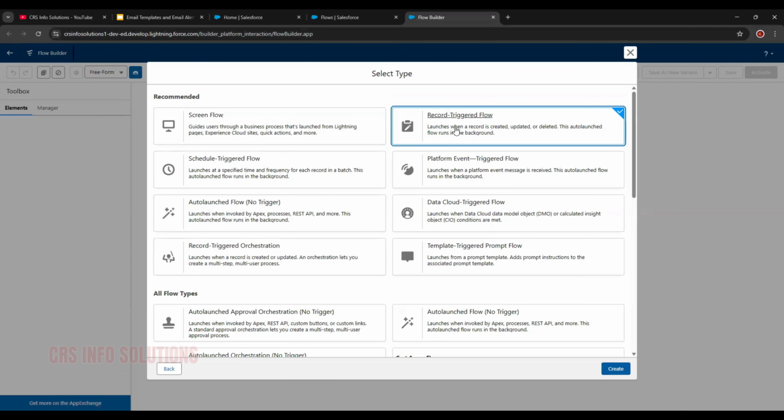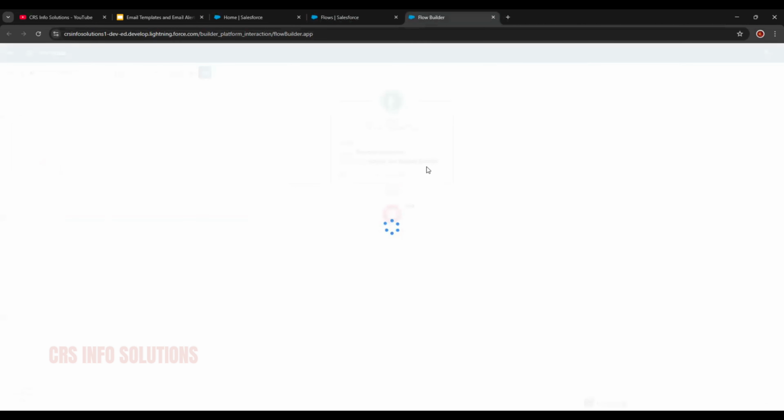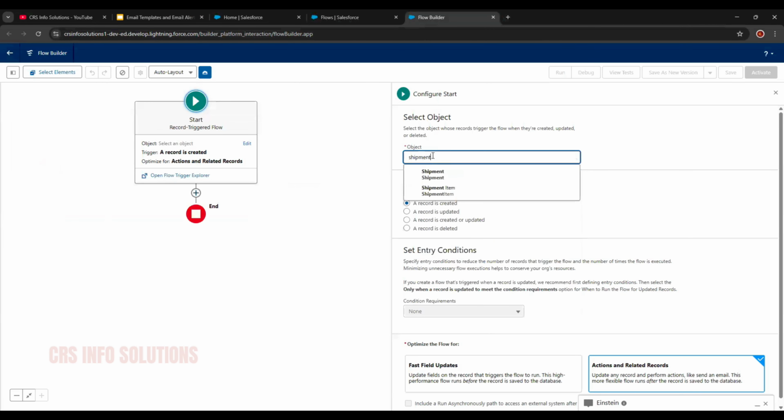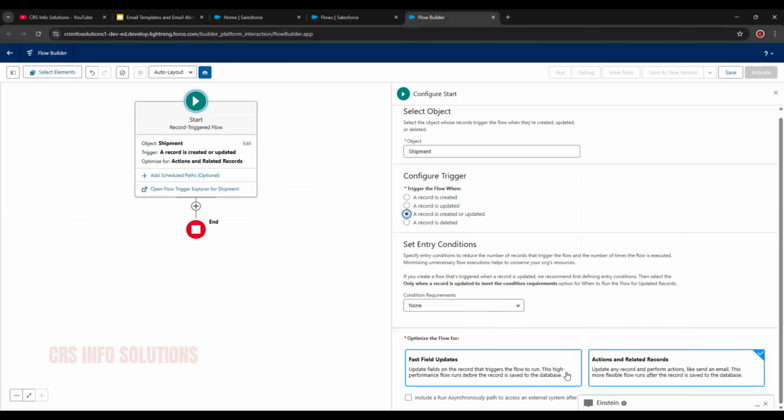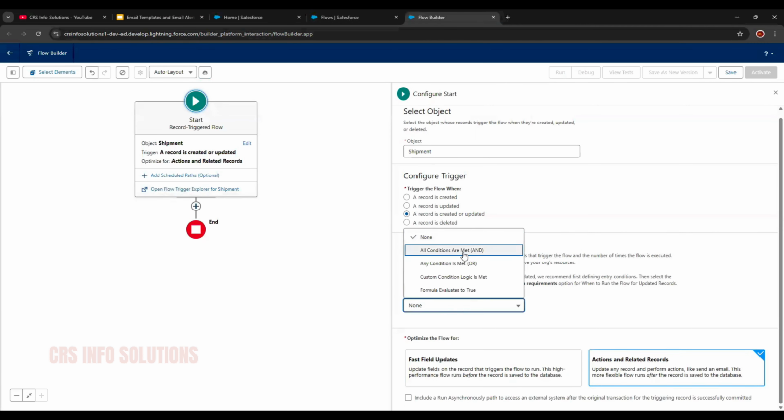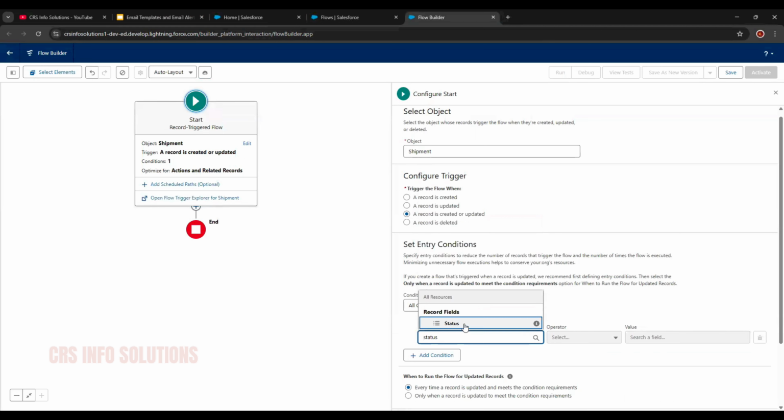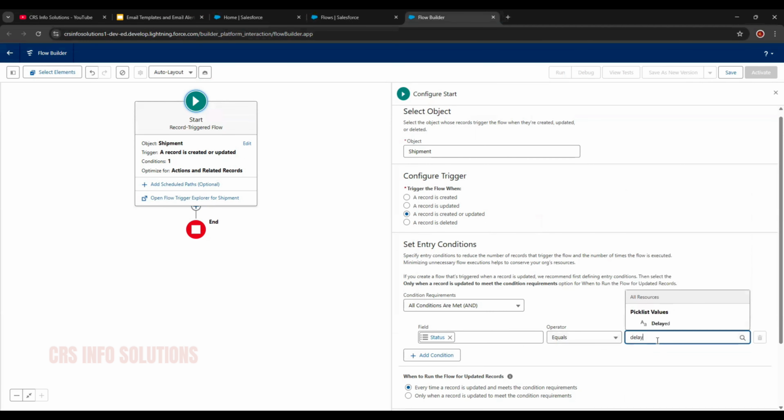Okay, and then we want to use the record trigger flow for this. So the object will be the shipment, and we want this to run anytime a shipment record is created or updated. And the condition that we want is whenever the status is equal to delayed. So whenever the status field on shipment is set to delayed, we want to send this notification, and we will use the second option. So whenever these changes are made, at that point this flow should run, and then we'll